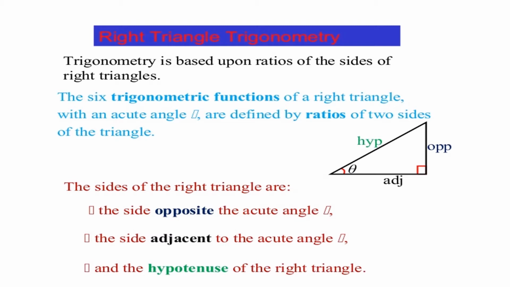When you are given a right angle triangle, first fix the hypotenuse. Hypotenuse is the side which is opposite to the right angle. Then fix the opposite side. The given angle is denoted by theta. It can also be denoted by beta or alpha. So now here, the given angle is denoted by the Greek letter theta. Opposite to this angle we have the opposite side. After fixing the hypotenuse and opposite side, the remaining side will be the adjacent side.